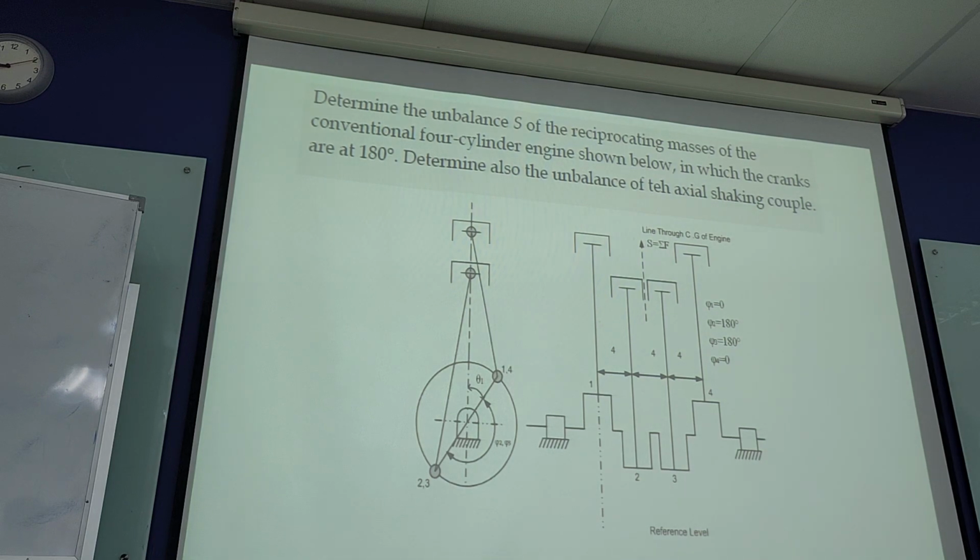Because the cranks are at 180 degrees, phi 1 is 0, then phi 2 and phi 3 are 180 degrees, and phi 4 will be 0. So you can see 1 and 4 at the same position. So the section view you can see here. Now from the section view, can you tell me what is